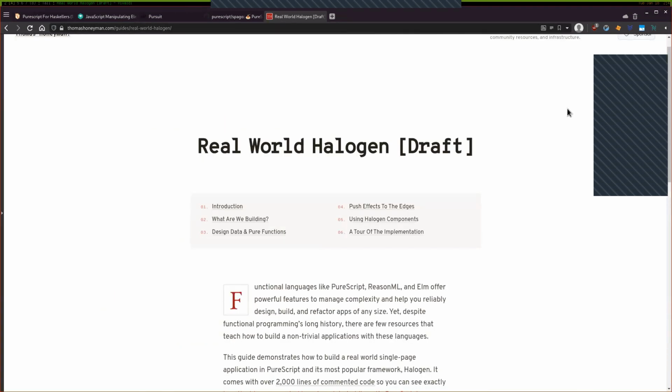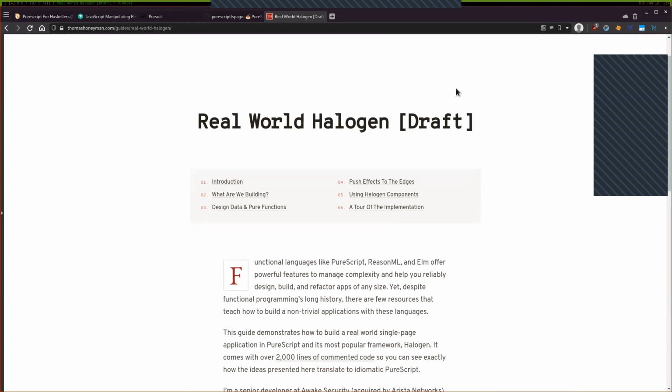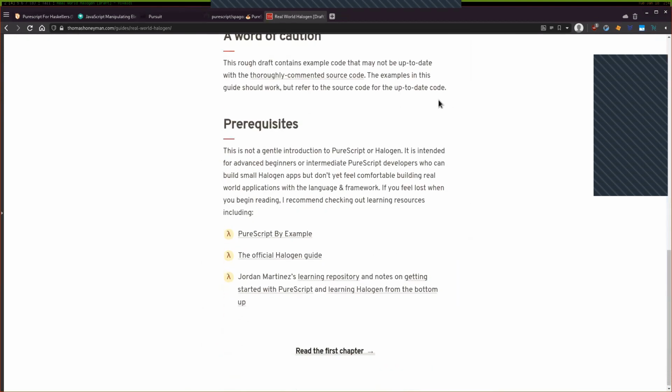So you get to see a really principled front-end design using native Halogen component systems, which is similar to React, but built with more type safety for building up a front end in nothing but PureScript. And it uses monad transformers really effectively, and it's heavily, heavily commented. So I really recommend taking a look here.